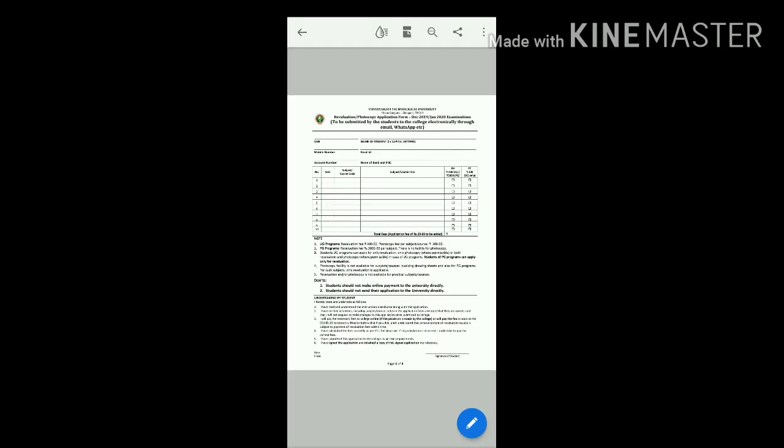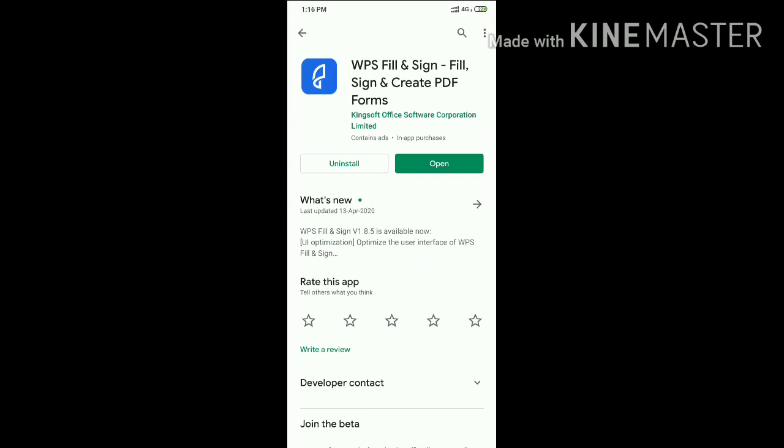Dear students, in this video I will show you how to fill the revaluation or photocopy application form given by the university. In order to fill this, you have to install an app called WPS Fill & Sign from the Play Store. We'll send you the direct link through your WhatsApp number. Once you install this, which I have already installed,